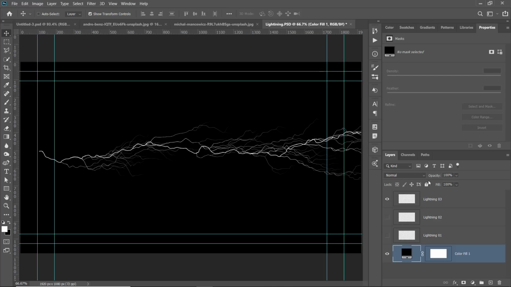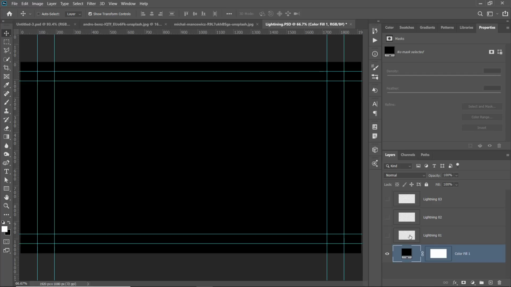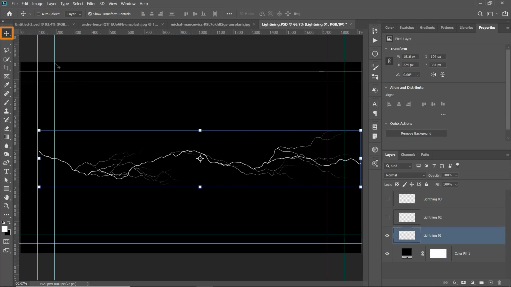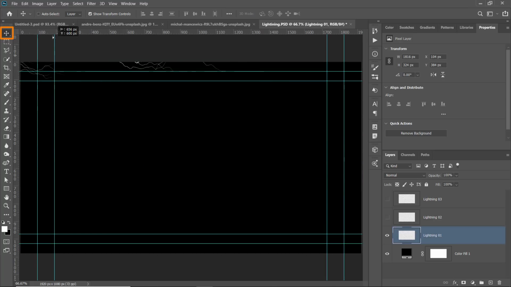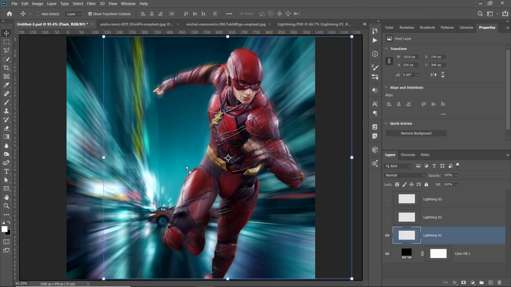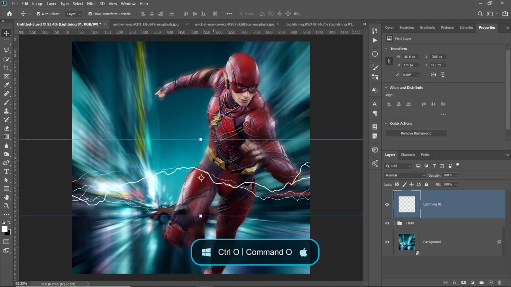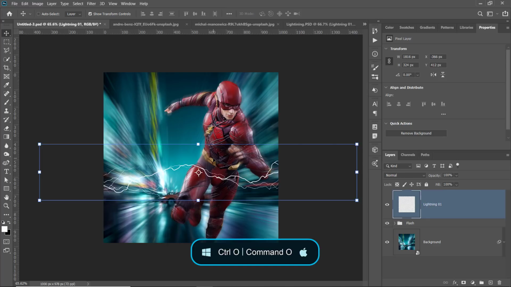Super cool, super easy. So if you have After Effects, I recommend creating many lightning layers so that you can add them into your composite. So for now, I'm going to use these 3, and I'll make this file available so you can download it in case you don't have After Effects. But anyway, what you would do now is go into Photoshop and use the same technique we've been using, selecting the layer with the Move tool, clicking and dragging it over into our working composition, dropping it in here, and there it is. I'll press Control 0, Command 0 on the Mac to go back into the bird's eye view,